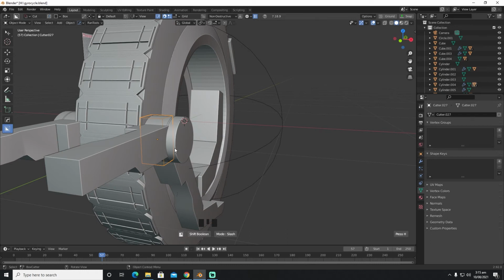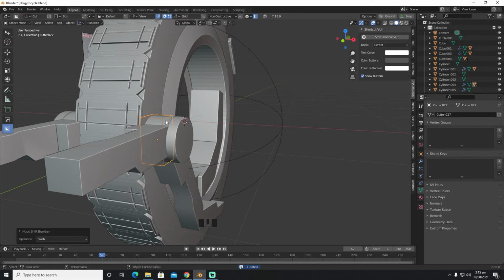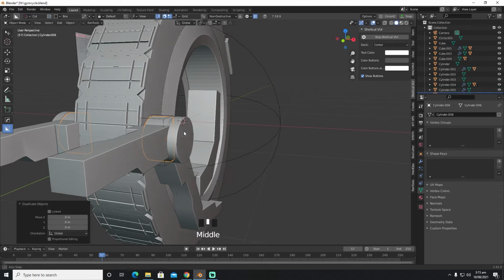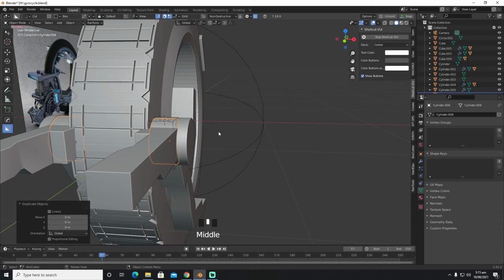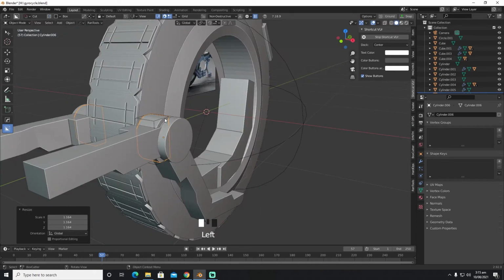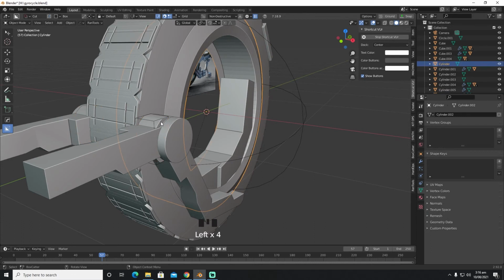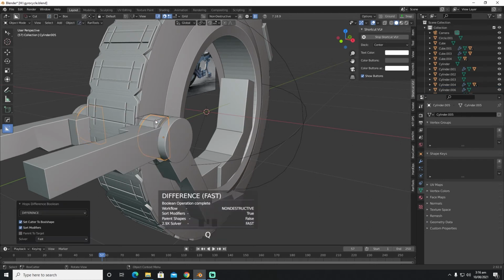we're going to shift, let's shift D this and make it a bit bigger. Let's select, I'm trying to select both of these, and press Q and difference it,